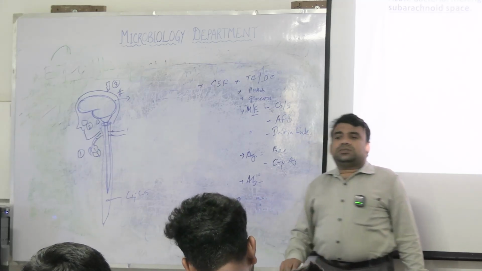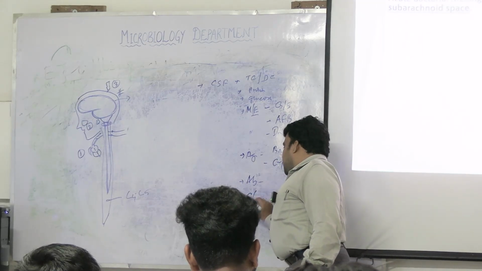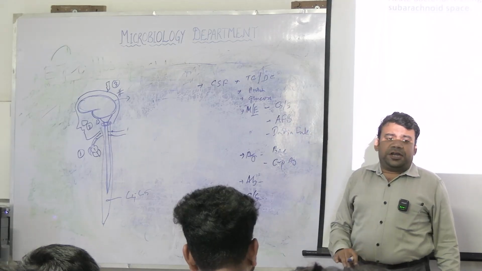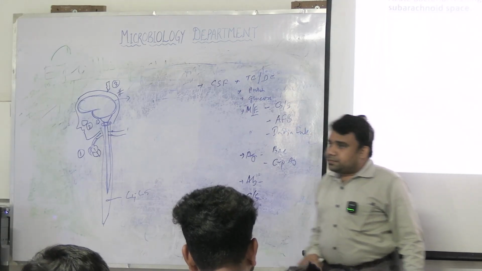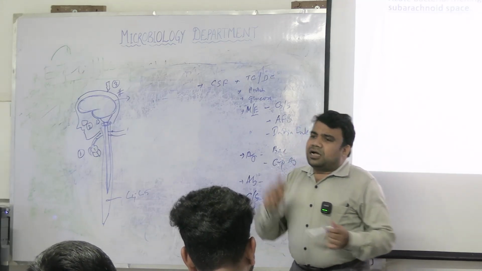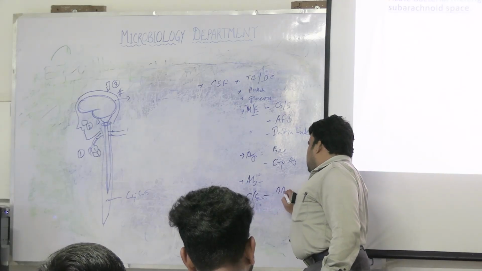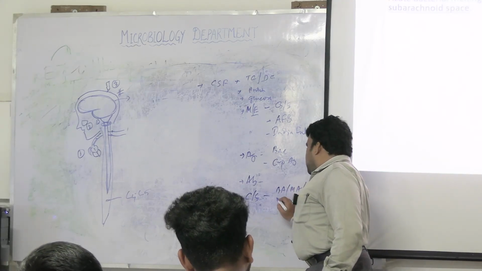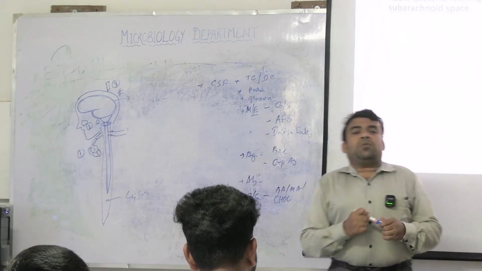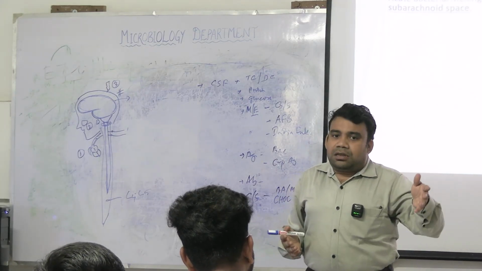Next, what we can do, as she has already said, is go for culture and sensitivity. Most of the bacterial pathogens can be identified by culture and sensitivity. I am not going into the details. Commonly, 3 culture media are used. One is obviously blood agar, MacConkey agar, and very importantly, chocolate agar. Why chocolate agar? Because some of the fastidious bacteria that cause meningitis, namely Neisseria and Haemophilus,